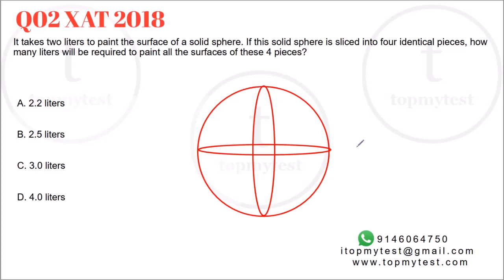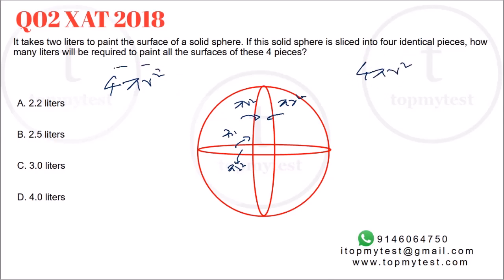Now if you make one slice to divide the sphere into hemispheres, it will expose 2 additional surface areas of pi r square. One pi r square will go to the first hemisphere, the second pi r square will go to the second hemisphere. Similarly, when you make another cut, another 2 areas of pi r square will get exposed. So if your original surface area is 4 pi r square, the additional surface area which has to be painted will be a pi r square here, a pi r square here. This will also be pi r square and this will also be pi r square. So an additional 4 pi r square is exposed.